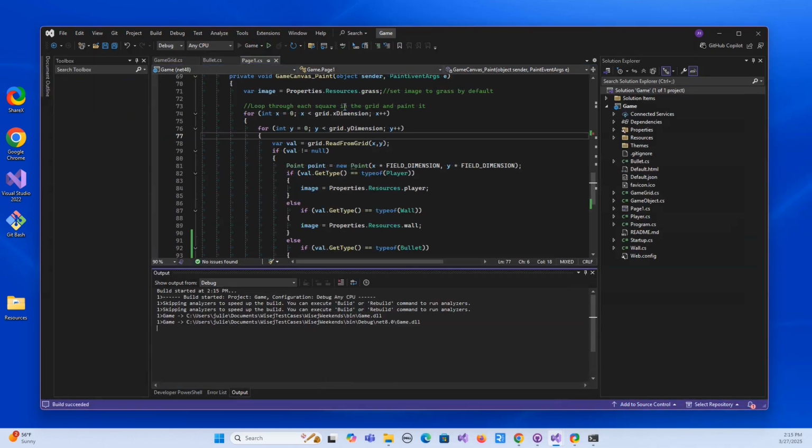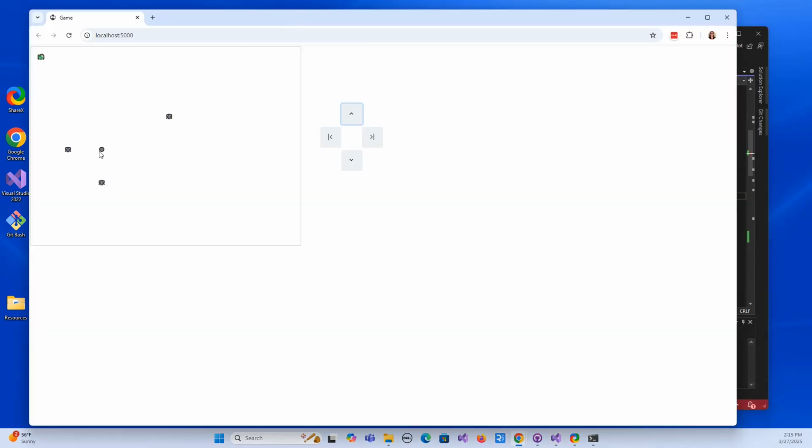Run that. There's my bullet right there. Okay, so I just needed to paint it to the grid. Awesome. Okay, so we've got our bullet, and then you notice as I move the player, the game canvas